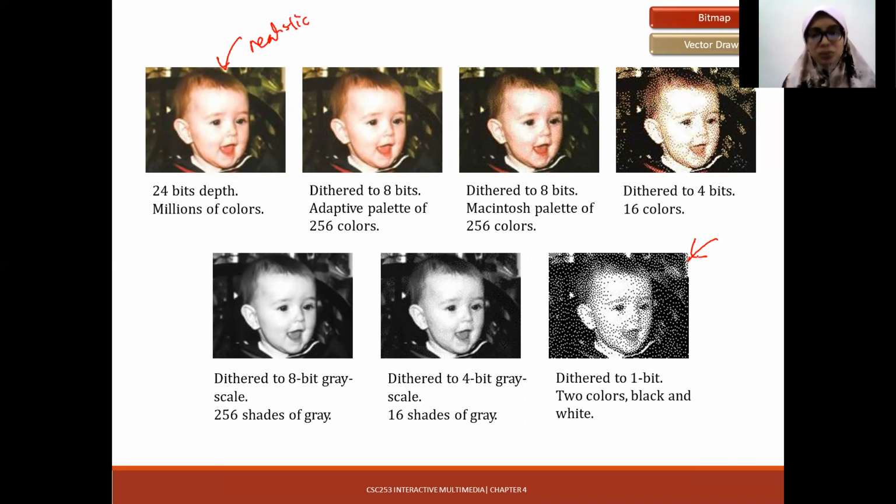So that's why it is 1 bit, it only has 2 colors, black and white. Okay,